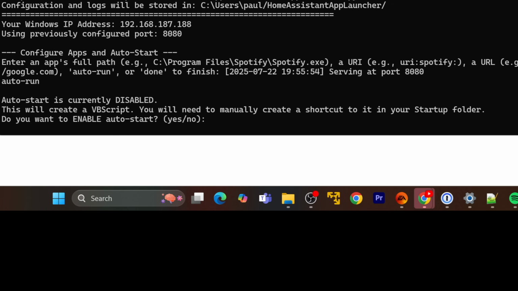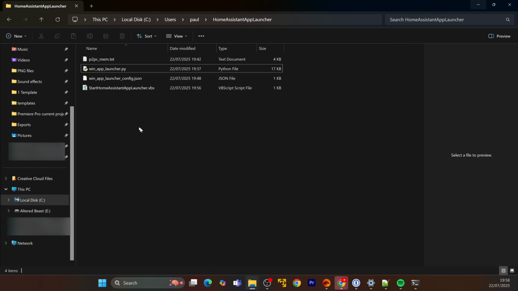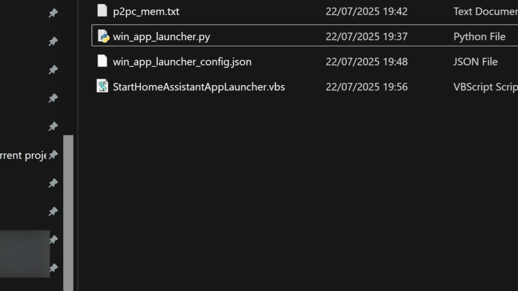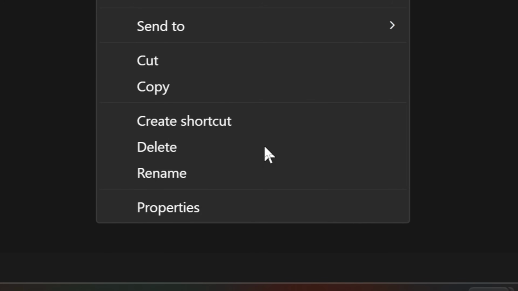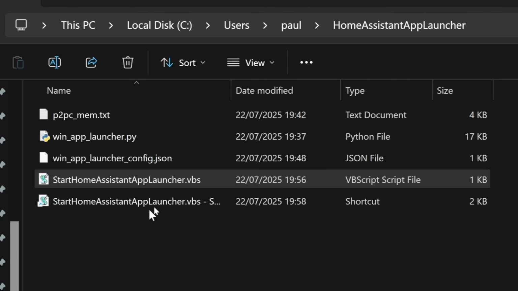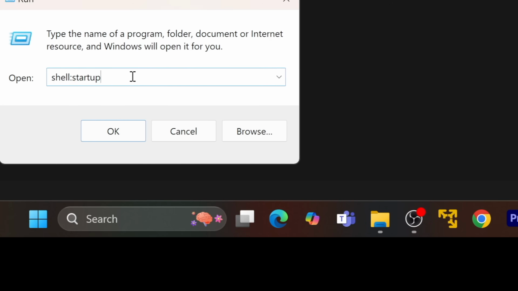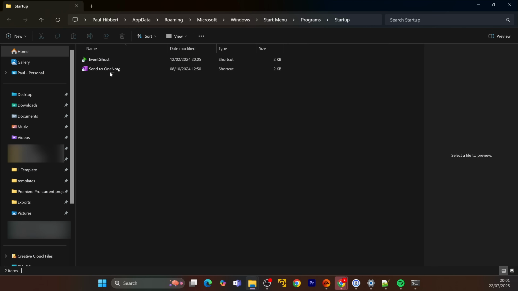This is telling the script to create a VBS file for us, and that VBS file will automatically load our script when Windows boots, as long as there is a shortcut to that VBS file. So we're going to create one. If you go into the folder that you created at the very beginning, you'll find the VBS file that it's created. Right-click on that, go to Show More Options and create a shortcut. This puts the shortcut in the same folder, and all we need to do is move it to the Startup folder. You can do this by pressing the Start button, searching for Run, and in the Run box, type in shell:startup all in one word, and press Enter, and you can now drag your shortcut into the Startup folder. The next time you reboot, the script will start automatically.